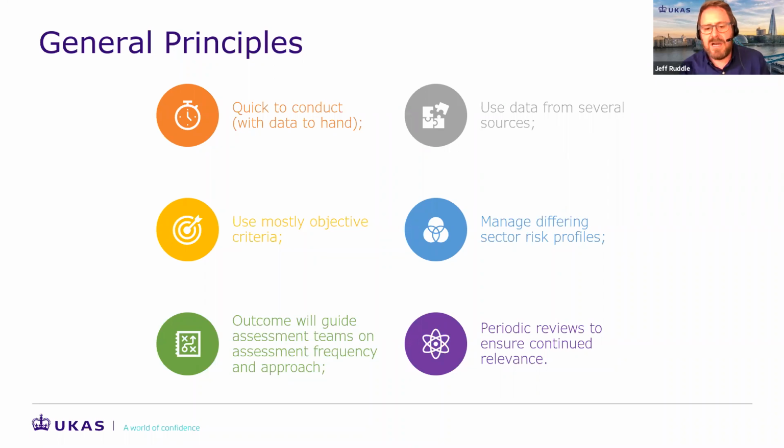We wanted the data to come from several sources. So we didn't want it all just coming from one part of UCAS or all coming from the customer. The data in there predominantly comes from 3 main sources: UCAS records, looking at the history of the organization; the assessment team, so what is happening with the organization at that time; and then some self-declared information from the customer as well.